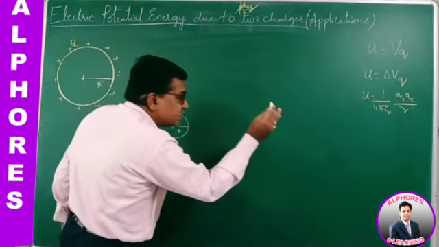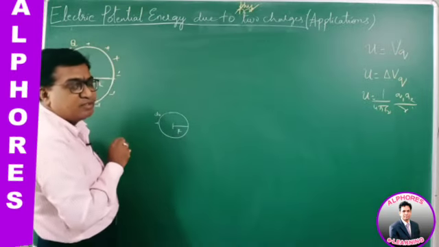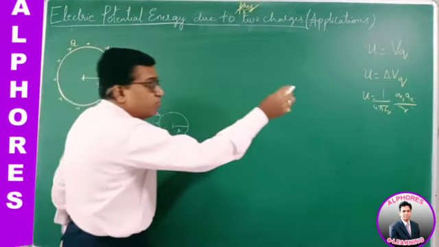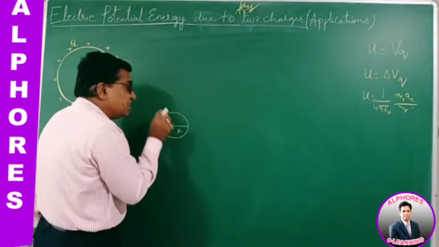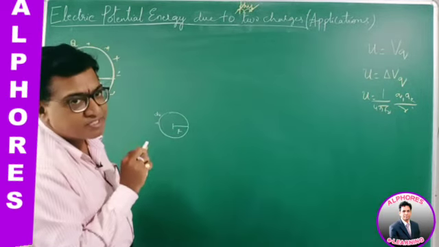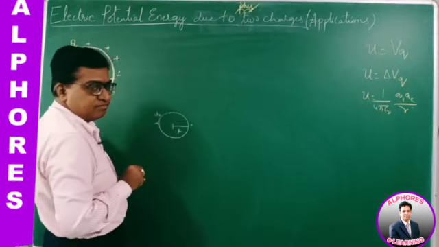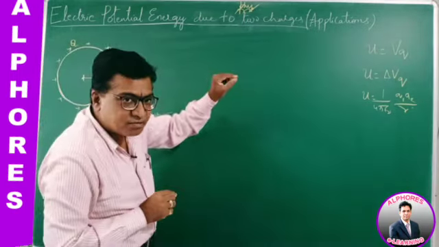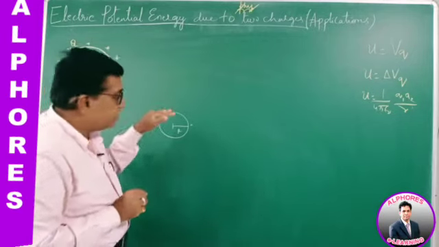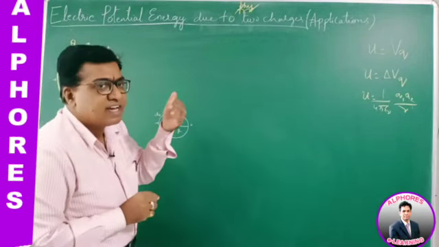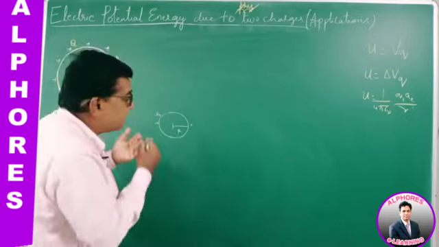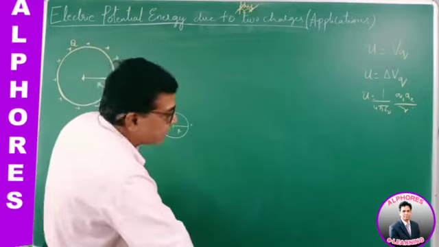Then I get the next elementary charge dq to put onto it. But while moving this next elementary charge, the already existing charge opposes. Now I have to do work in moving the charge dq. For the third elementary charge, while moving it from infinity to this point, the already existing charge opposes. So I am charging this by giving elementary charges.